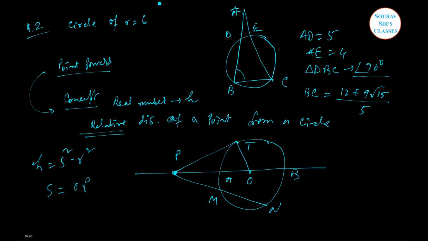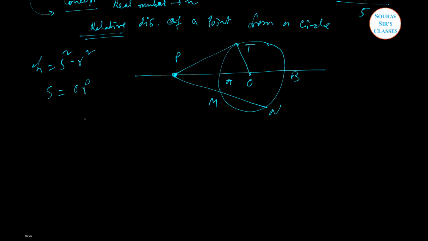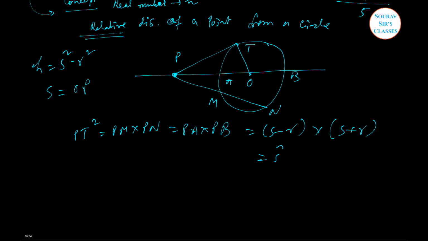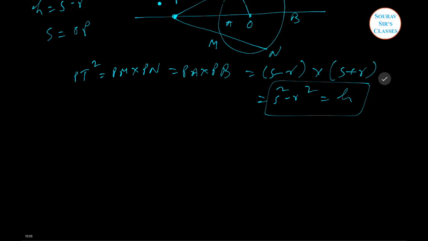So how do I find it out, if you ask me, then we can immediately write that PT square equal to PM into PN, that is PA into PB as well. So S minus R into S plus R. So that is S square minus R square, and this is simply h. So this is the way to find it. So now coming back to our question,